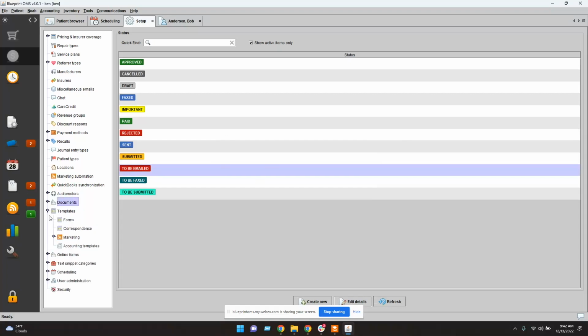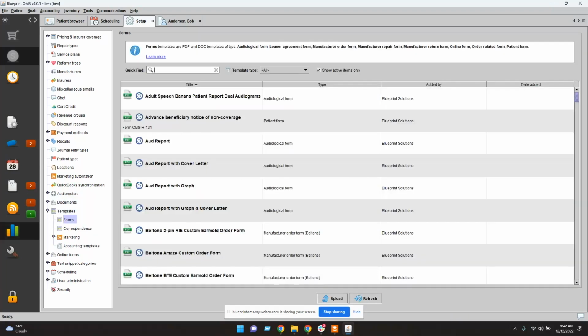Okay, next we're going to take a look at the templates. Blueprint does provide a library of templates for all users to use free of charge. We also offer the option to use your own templates in forms, correspondence, and invoices. In addition to storing the templates and producing them in different instances within Blueprint,